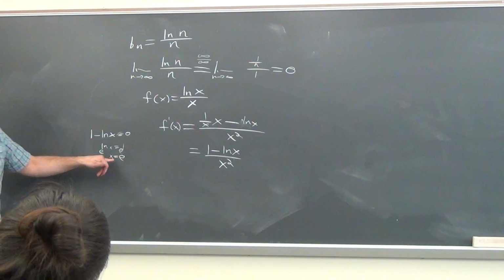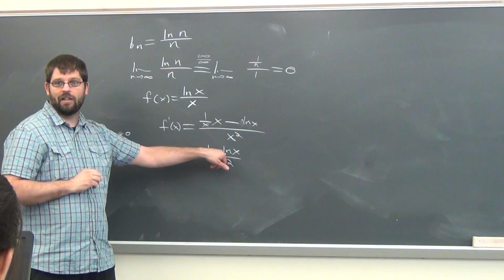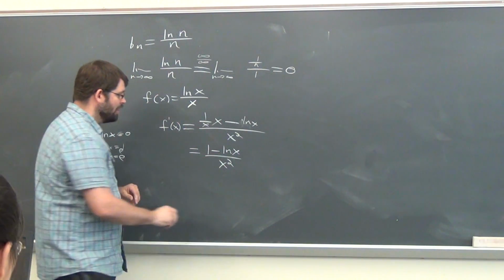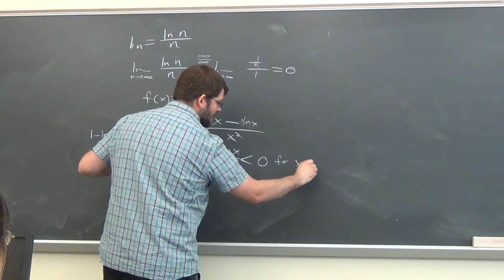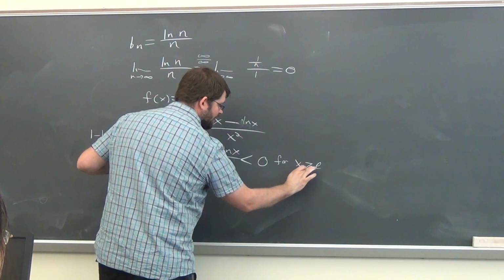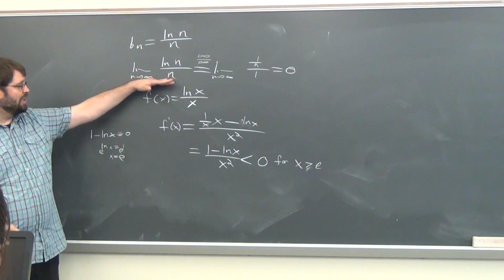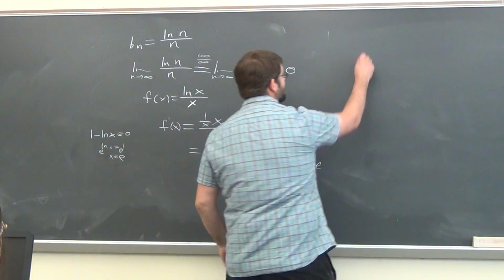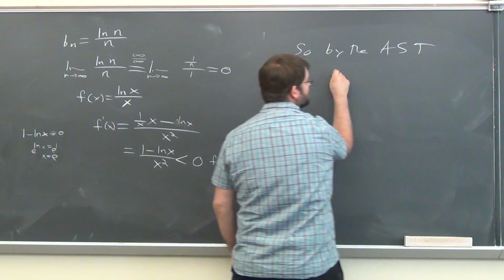And again, you don't have to exactly find this. All you have to say is, I know that goes to infinity, and so 1 minus that is going to eventually be negative. But you can just say this: for x greater than e. Does that make sense? So again, limit 0, it eventually decreases, and so you can apply the alternating series test. So by the alternating series test,